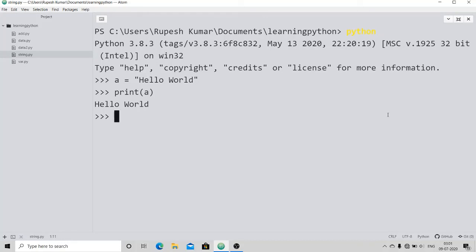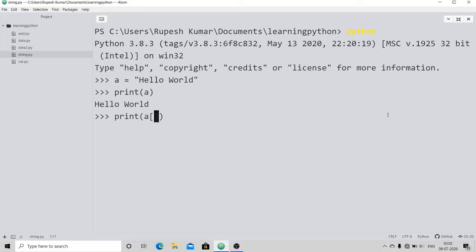Okay, now each square block in that rectangular block has an index, or a numbering, say 0, 1, starting from 0 and going up to the end. So if you want to extract the first letter, say H, you just need to write the variable name, which is A. Inside the square brackets, you put the index of the square box in which the H has been stored.